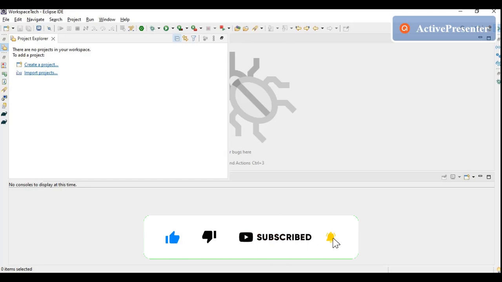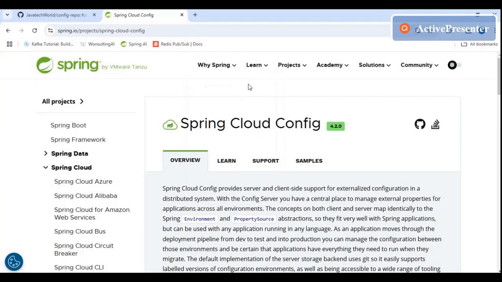Let's first discuss what is Spring Cloud by going on the official documentation of Spring. So I'm on the official documentation of Spring Cloud config. So basically, Spring Cloud config provides server and client-side support for externalized configuration in distributed systems. So here the configuration that Spring is addressing is that when we configure our application, like we have application.properties in our projects, those are configuration for our project.